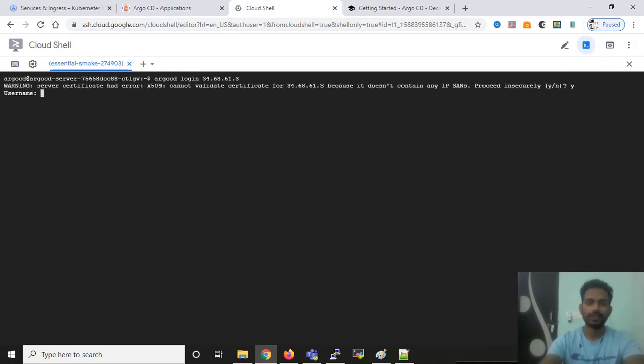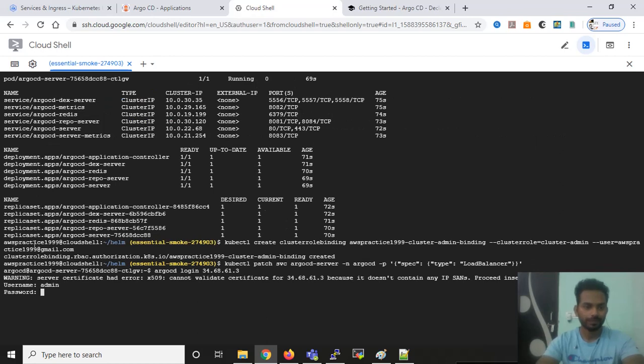It is asking for the certificate, so I click yes, and then you put the username and password. The default username is admin and the password that I have copied.